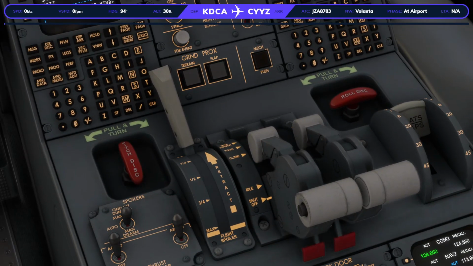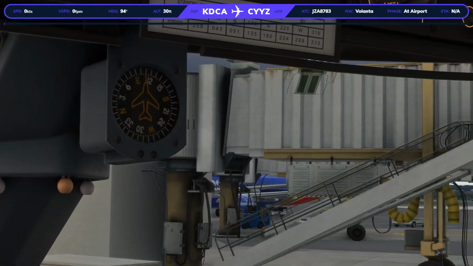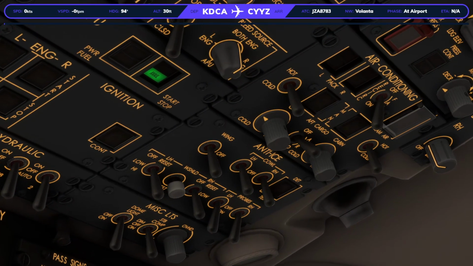Alright. Oh, I have to get the landing elevation. .547, so